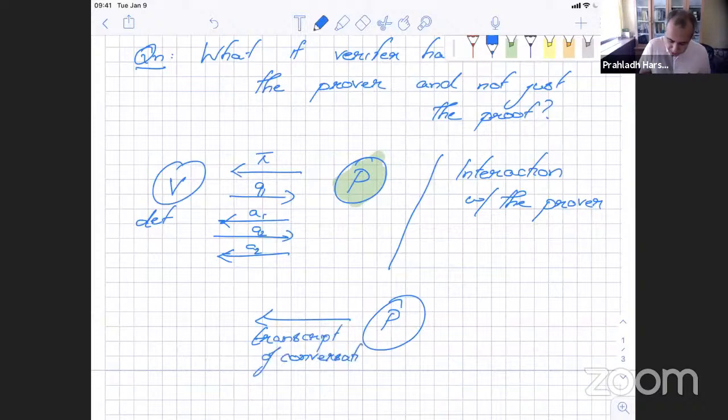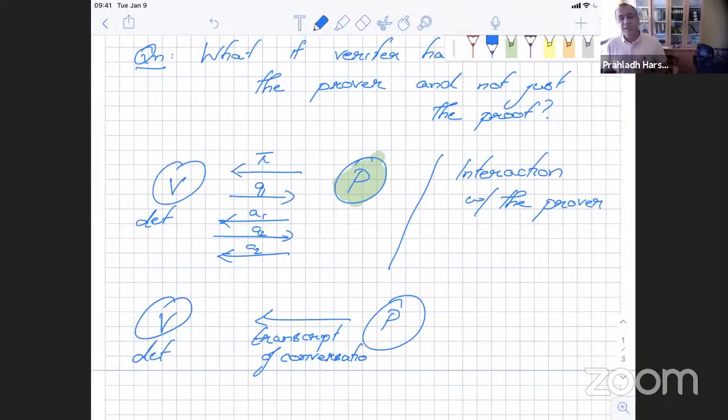And the deterministic verifier goes ahead and checks that this transcript of the conversation is indeed the conversation that the verifier would have asked, and then checks everything. So in that sense, this interaction really did not give the verifier more power. It could have been done in just the plain old NP language, in which the prover, instead of having the